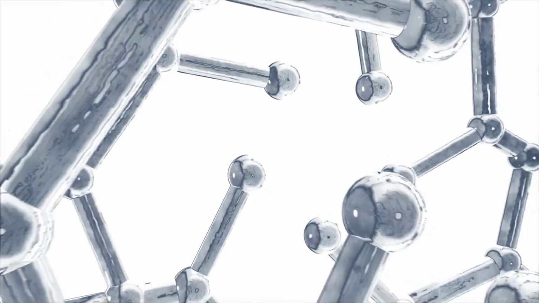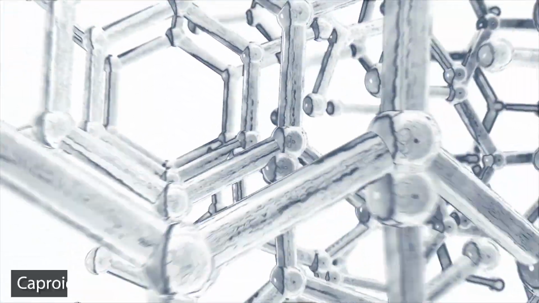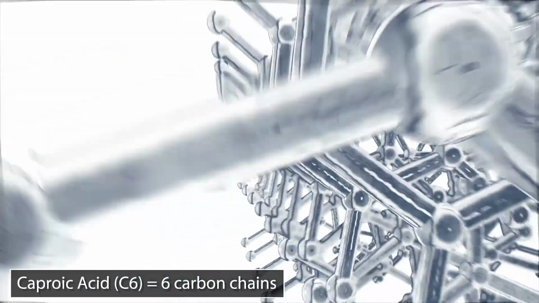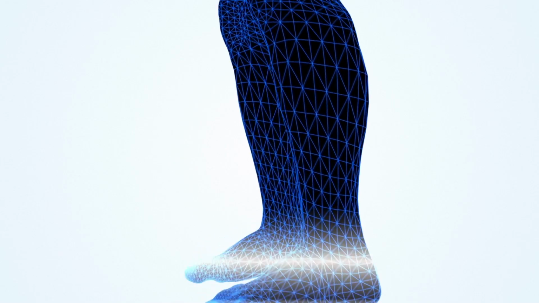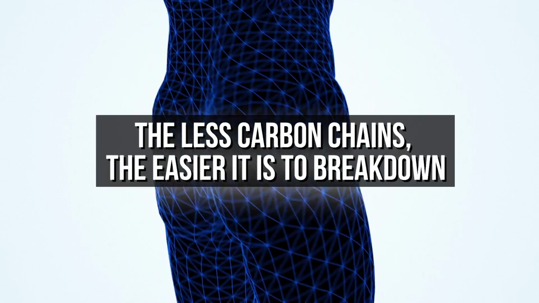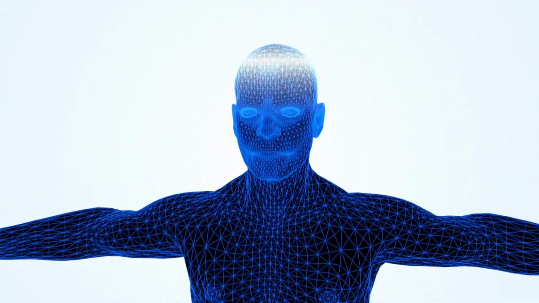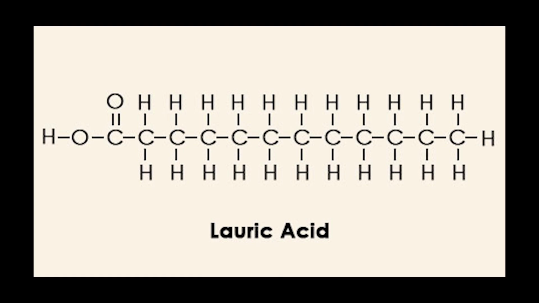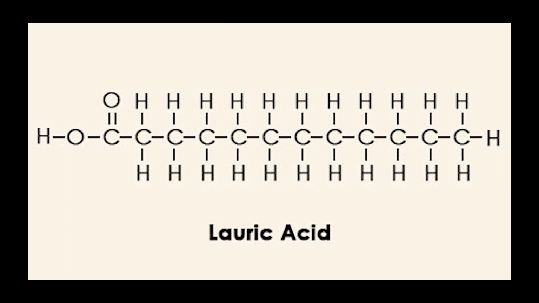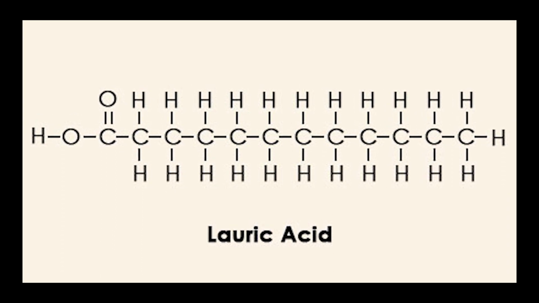So MCT oils digest quickly because they have short amounts of carbon chains, less carbon chains. For example, C6 MCT oil stands for 6 carbon chains. C8 stands for 8 carbon chains. C10 stands for 10 carbon chains. The less carbon chains, the easier it is for the body to break it down very, very fast because there's less bonds. Okay? Now, with lauric acid, it is considered a C12,